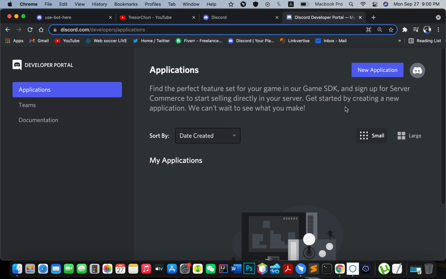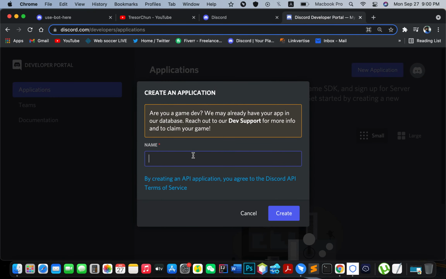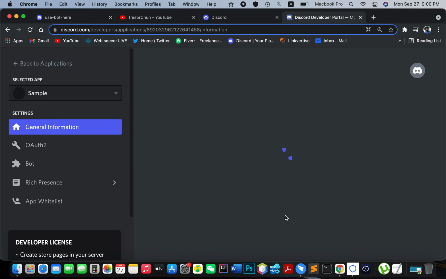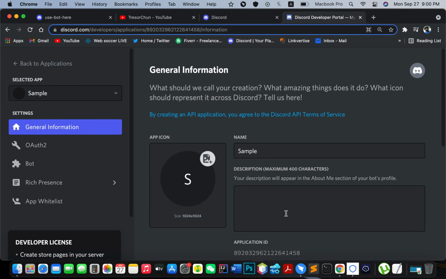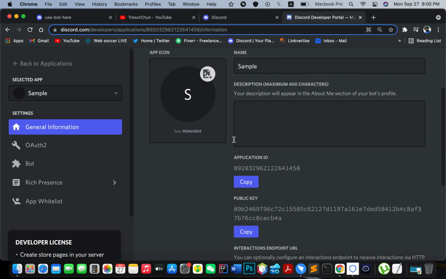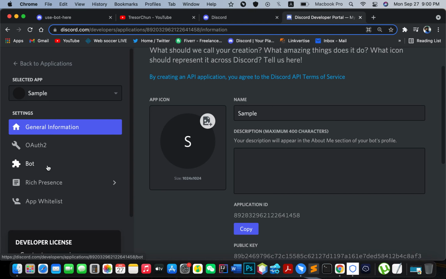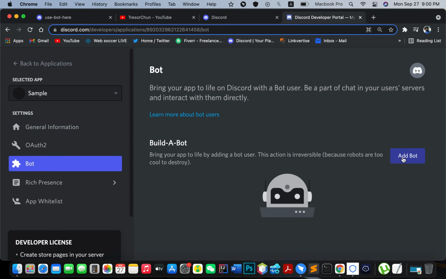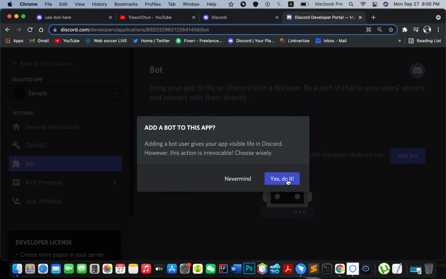So the first thing you have to do is go here and click on new application. Click here on new application and then give it any name. Let's say maybe sample. We can give it sample as a name. Then click here on create, and then boom. So now this is not our bot, this is just an application. If you go to this left side, you can see that there are 5 settings. If you go to bot, you can see that there is a button which says add bot. If you click add bot, yes, do it,